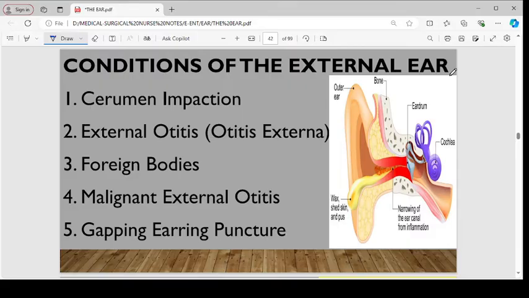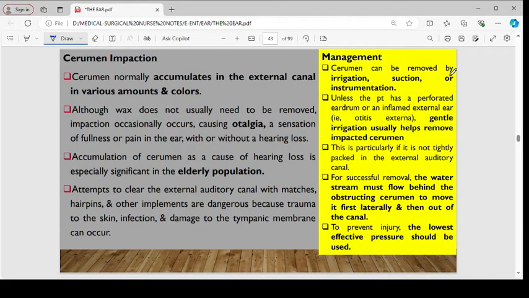Then we have the external auditory canal or meatus, and then part of the tympanic membrane. So in those parts, we have conditions like cerumen impaction, external otitis or otitis externa, foreign bodies, malignant external otitis, and hearing puncture. Remember, for the cerumen, we say it is normally produced by those cells in the external